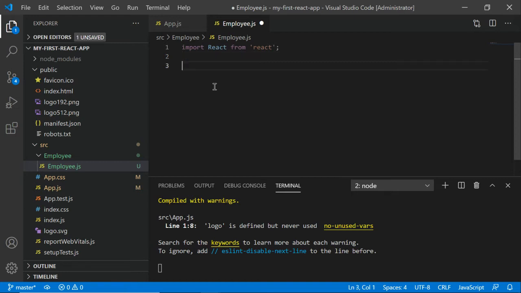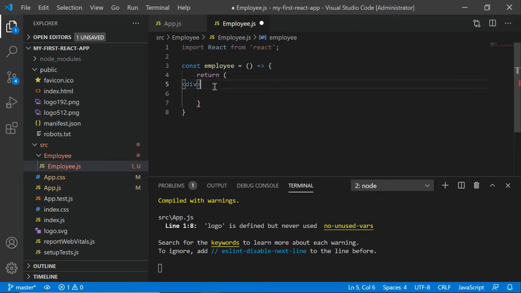But what is recommended is that we should make use of ES6 features, which says we should make use of arrow functions. It is just the syntax you need to follow; if you go with the other two options I just showed you, the output would be the same. So I'll make use of the recommended one, the ES6 features. For that, I can create a variable called employee, create a function inside it with an arrow sign, and return a simple div with a p tag inside: I am Coding Locker employee.